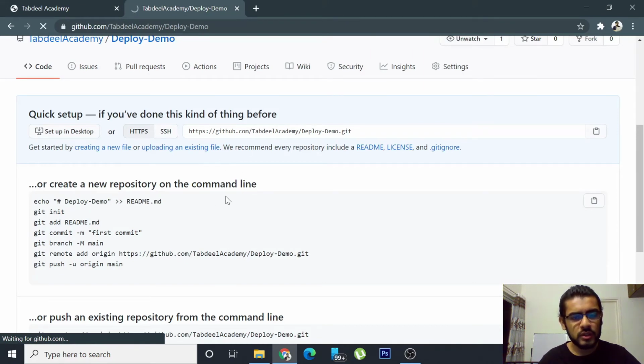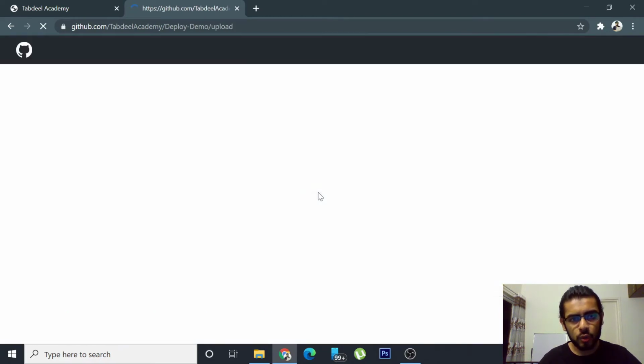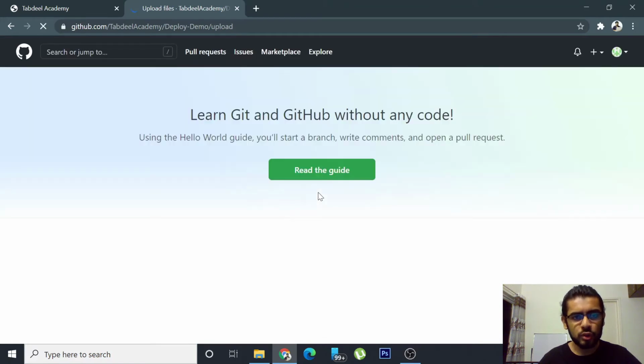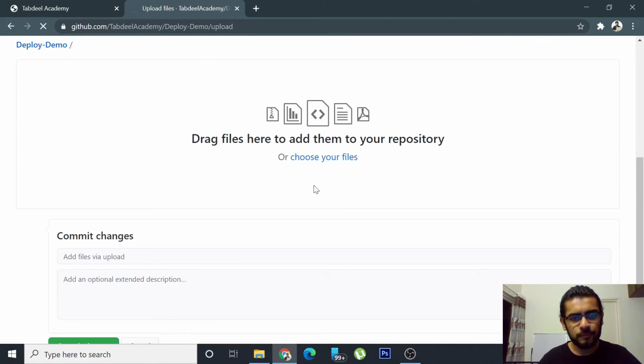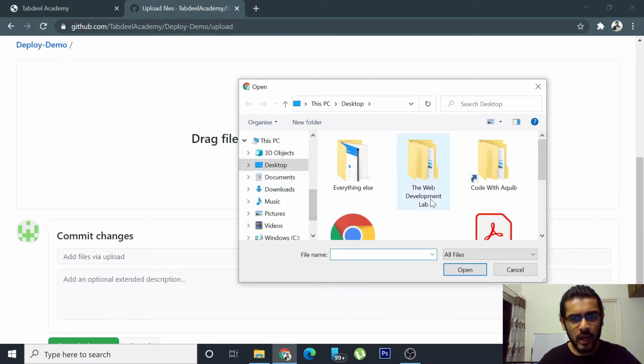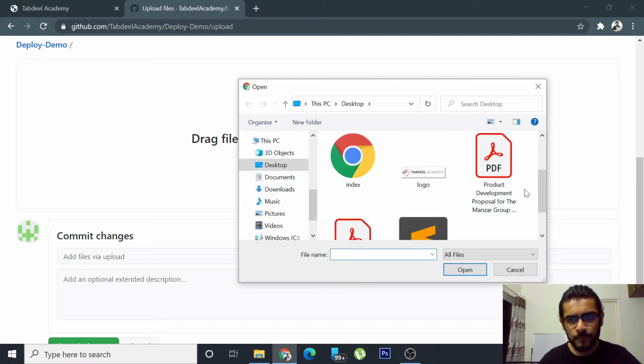So I'm just going to select that as soon as the upload box opens up. And another thing to note is the fact that your file has to be called index.html. If you name it anything else, this will not work, because the browser looks for the file called index before loading anything. So the first file has to be called index. So let's choose this, and it's on the desktop itself. There you go, that is my file.